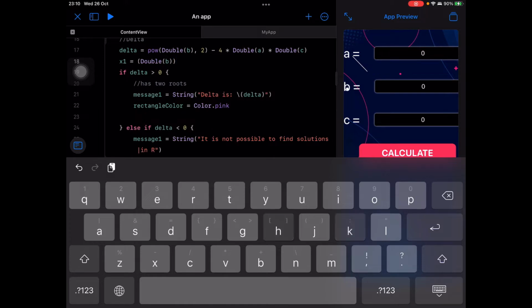We need to do a math trick that is multiplying it by -1. So exactly what I am going to do: -1, space,